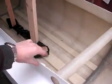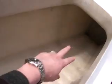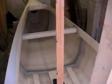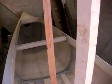What needs to happen next is there needs to be a cockpit combing put on here, more stiffeners. We're going to put another 4-inch stiffener through to the back just along there, another one up at the front, in front of that section, possibly ones in the sides, but overall quite pleased with